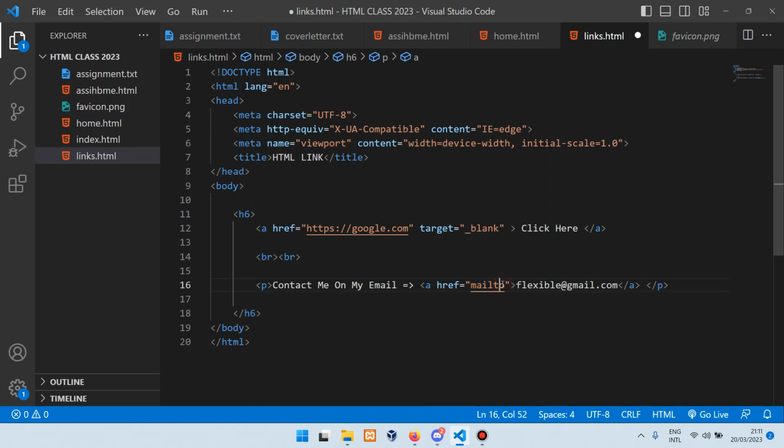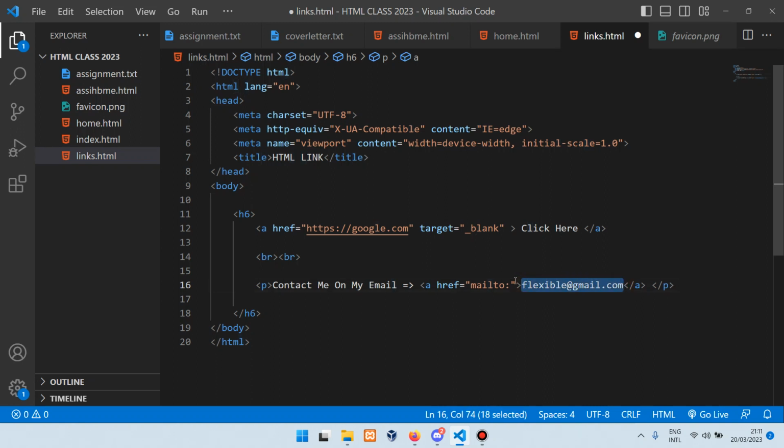Who are you sending mail to? You put this, what was this sign? I forgot this sign. Colon. I think this is colon. Yeah, this is colon. You put your colon. Remember that we are inside this href attribute, between this opening quote and closing quote symbol. So we input our colon, and we put the particular destination, the particular Gmail,